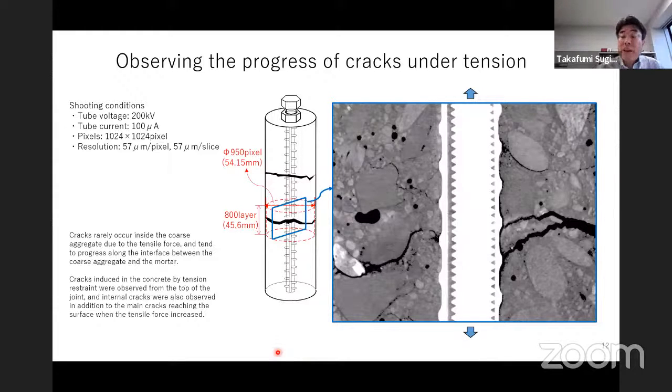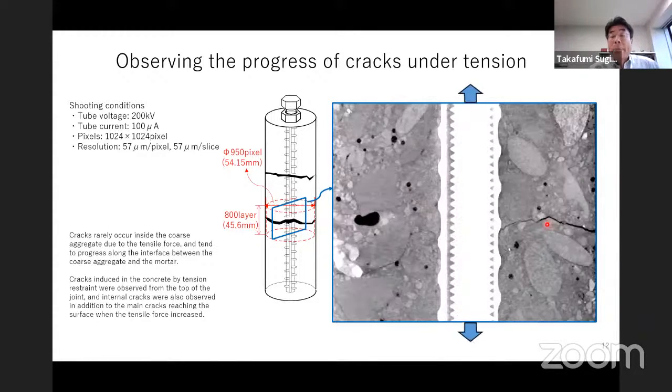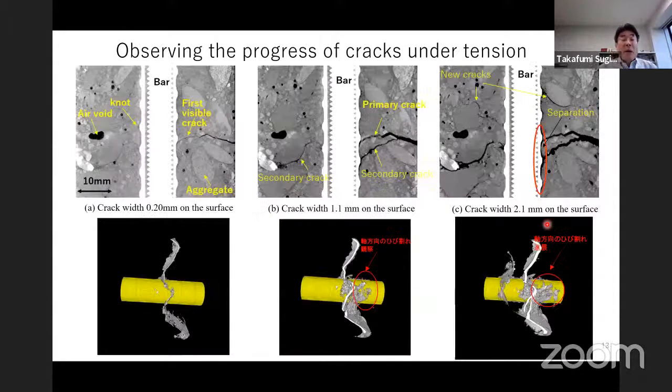So clearly, the primary first crack occurred at the nodes of the reinforcement and increased. And cracks occurred in the ITZ, between the aggregate and cement paste. And the secondary crack is also occurring. So, summarizing this